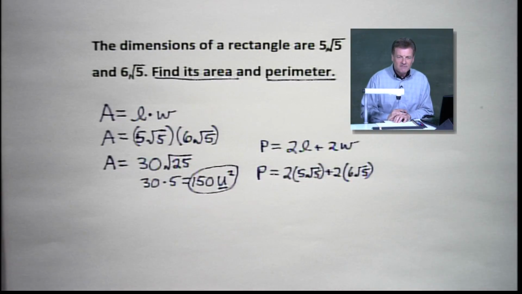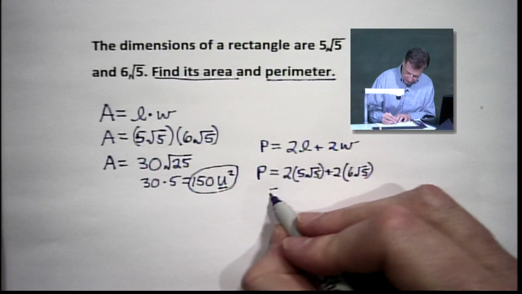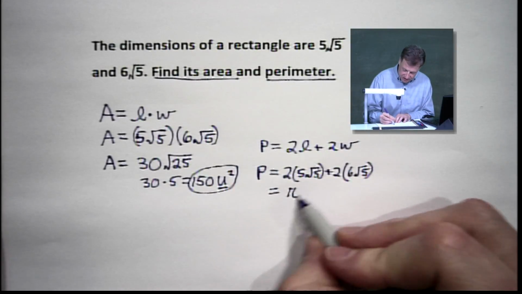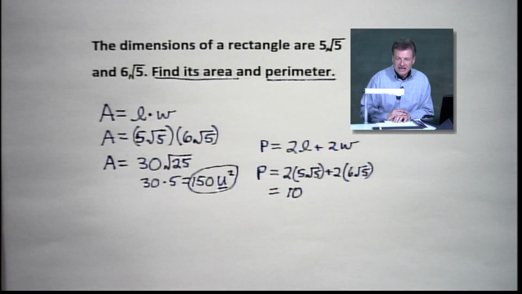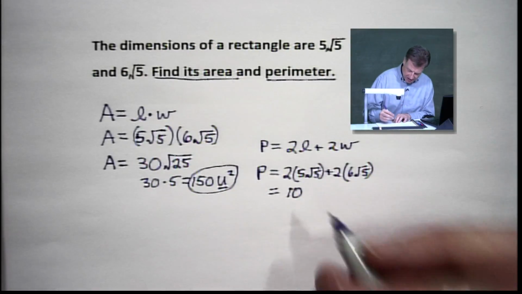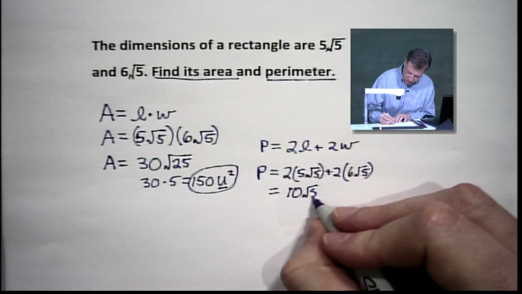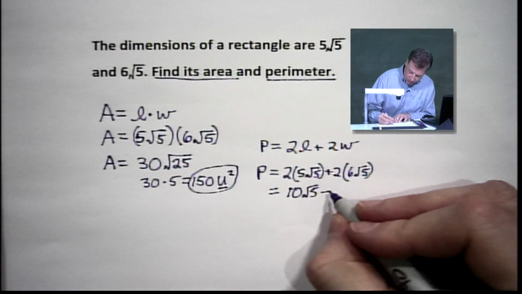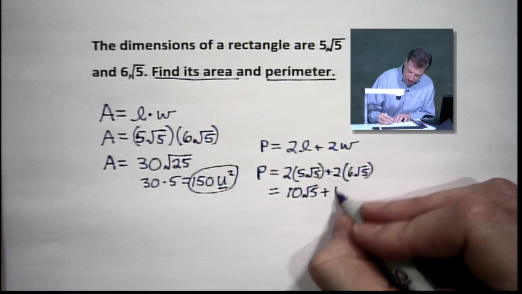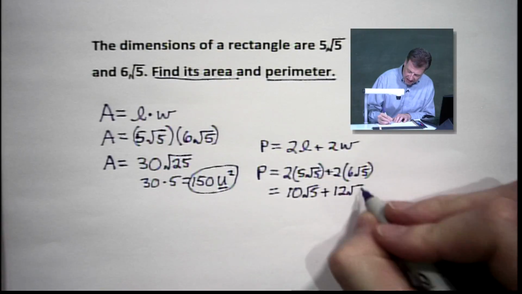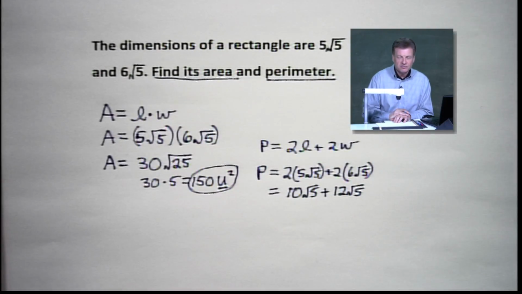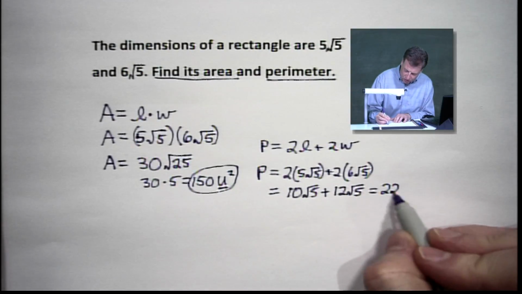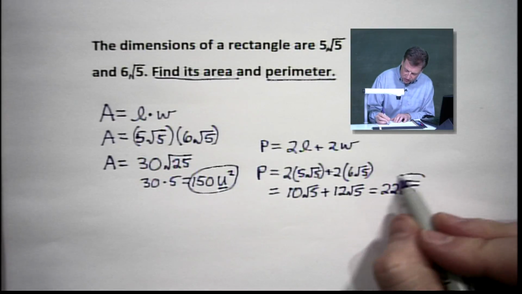And we have to multiply 2 times 5, which gives us 10, but leave the square root of 5 there. It doesn't change. Moving along, we've got 12, and again, the square root of 5 hangs on for dear life. And our final value looks like it's going to be 22 square roots of